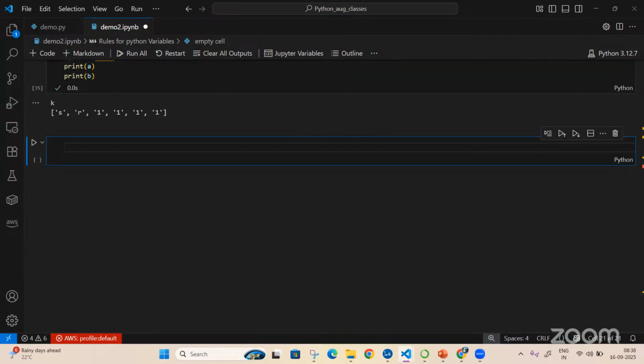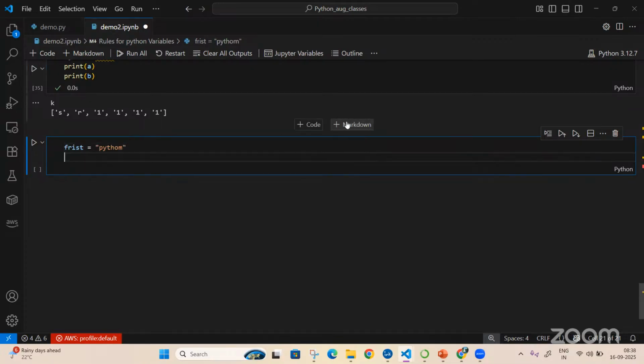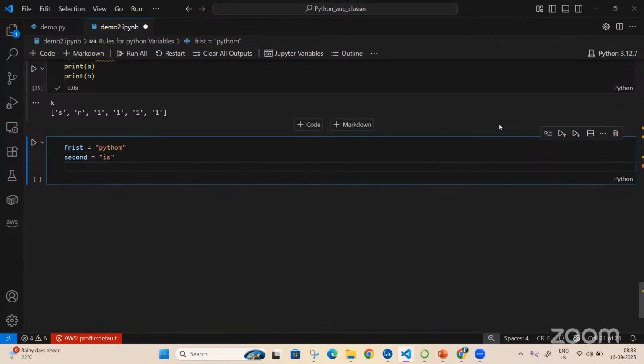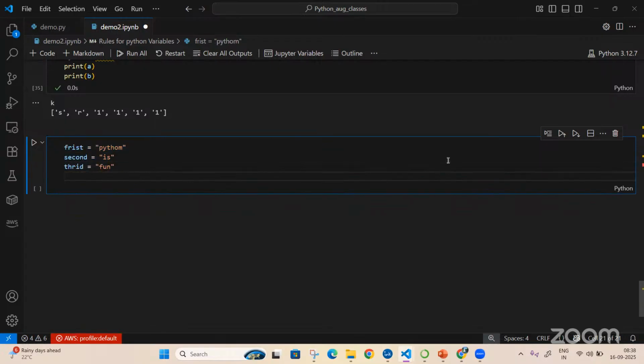Now I have first equal to Python, second equal to is, and third equal to fun. Python is fun, something like this. I want to print these three variables. Can anyone give me the code from yesterday's class?